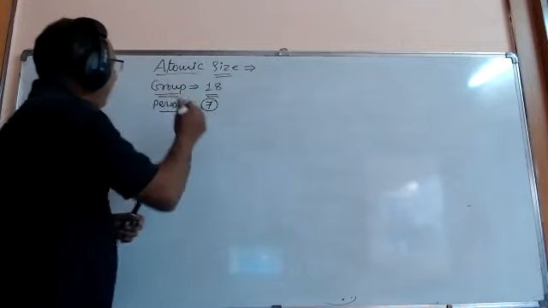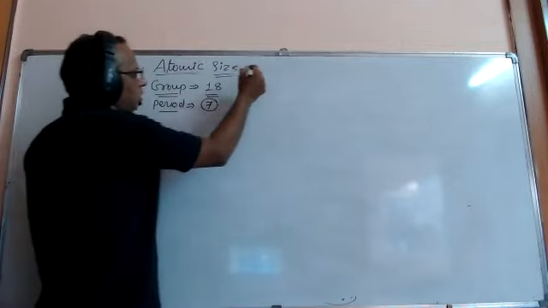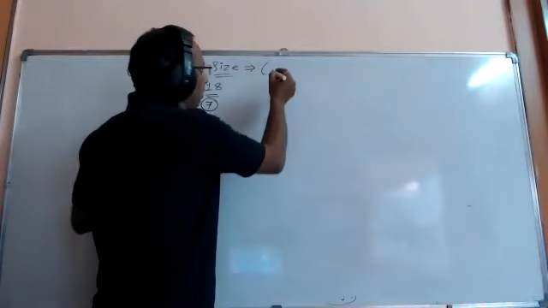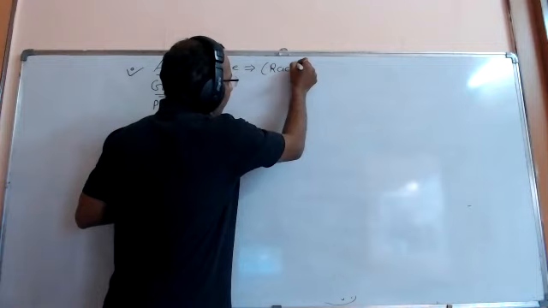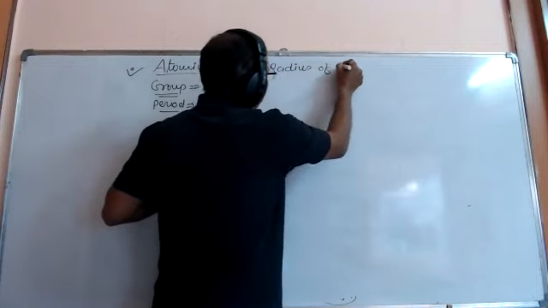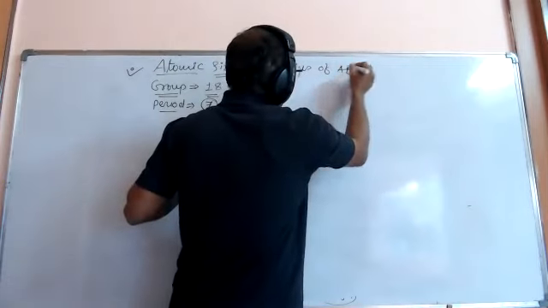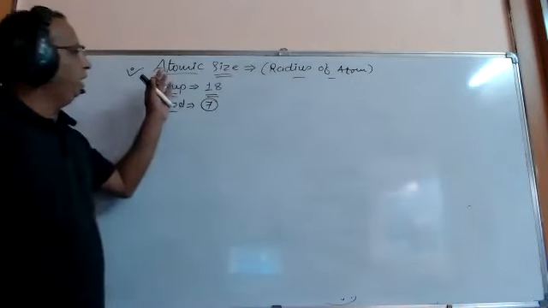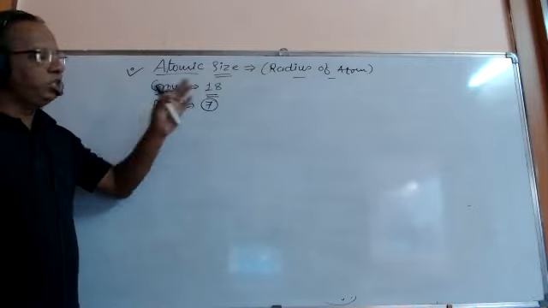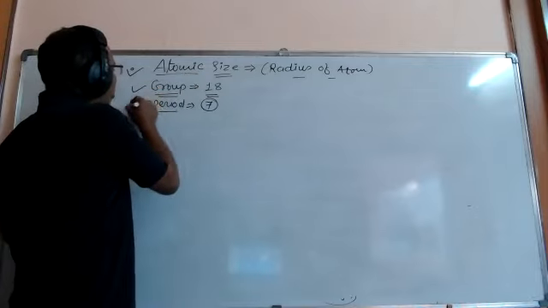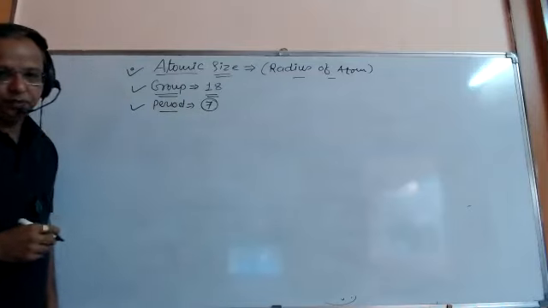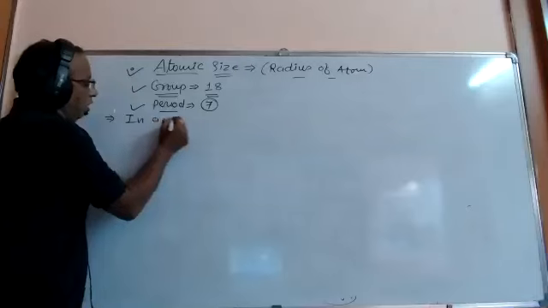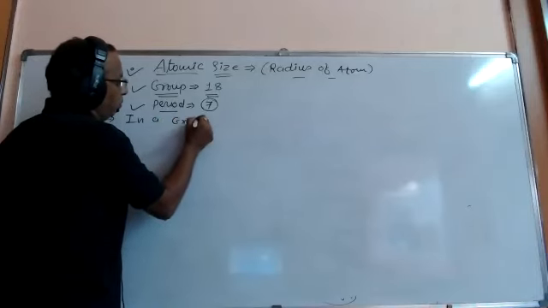So the atomic size is concerned with the radius of the atom. Radius of the atom is important, friends, and for atomic size we have to check what happens in a group and in a period. So first of all, in a group,